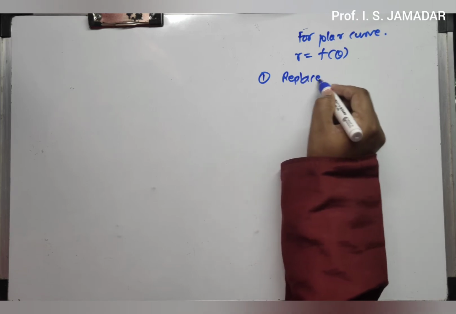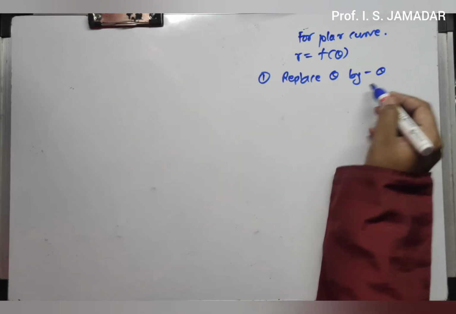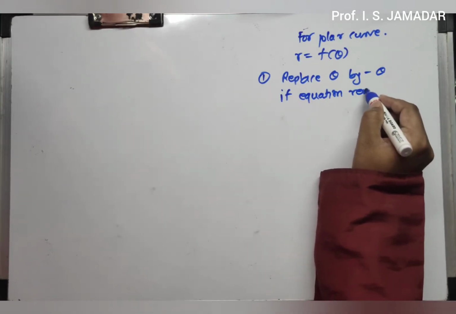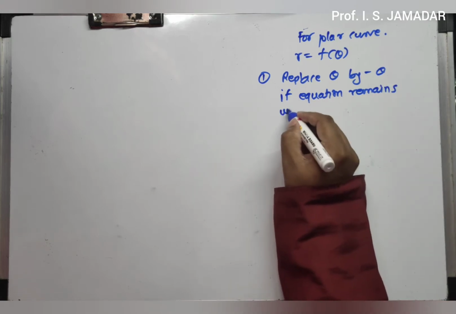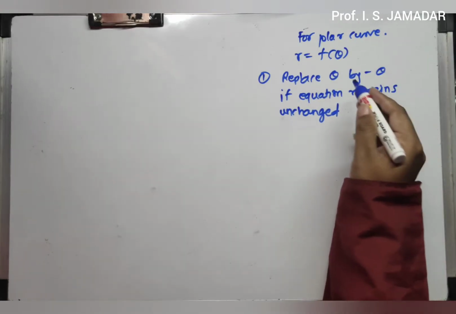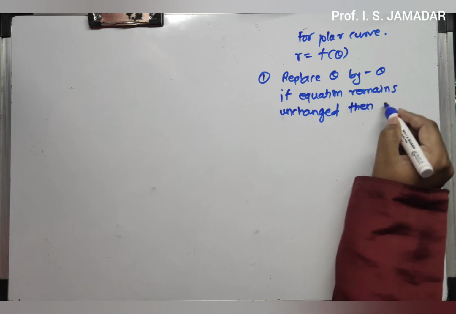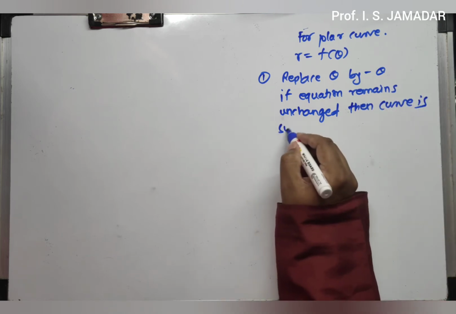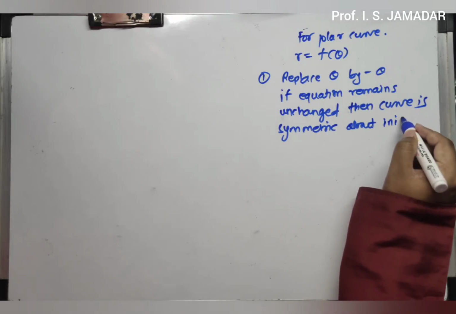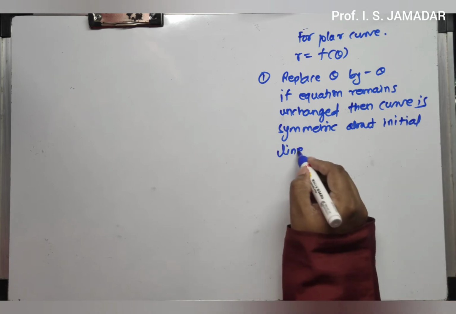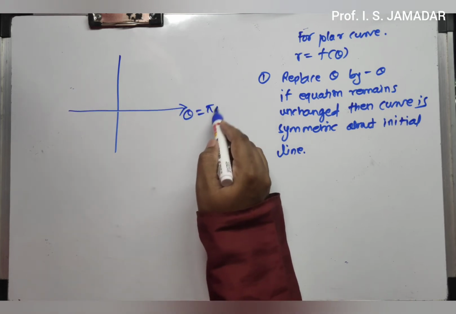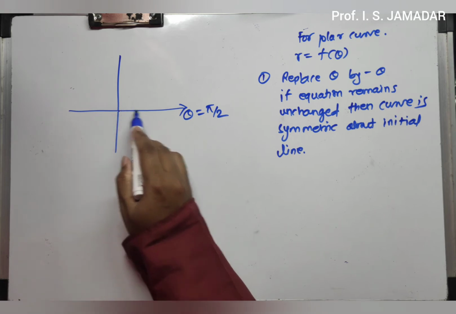Replace theta by minus theta, and if the equation of the curve remains unchanged after replacement of theta by minus theta, then the curve is symmetric about the initial line. Now in case of a polar system, this line, which is the positive x-axis for the Cartesian system,